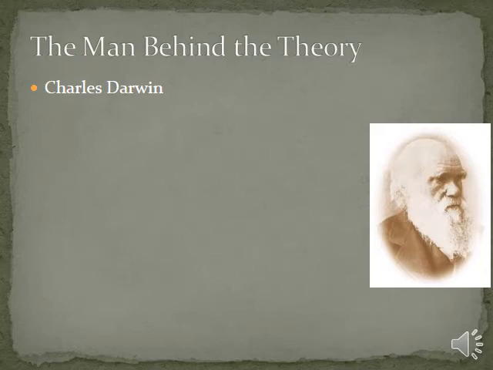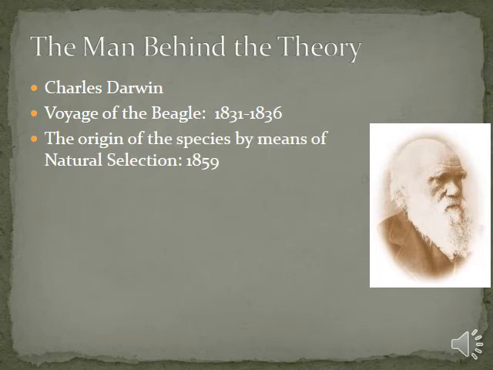So, who is the man behind the theory? Charles Darwin. You're probably more familiar with hearing about Charles Darwin. We'll talk about the formation of his theory more in lecture. Charles Darwin goes as an unpaid intern on Her Majesty's ship the Beagle from 1831 to 1836, and it isn't until 1859 that he publishes On the Origin of Species by Means of Natural Selection. So right off the bat, you can tell there is some time gap between when Darwin sails around the world for 5 years and when he gets back, goes through his specimens, thinks through a lot of organismal examples of evolution, and really comes up with this idea of natural selection.